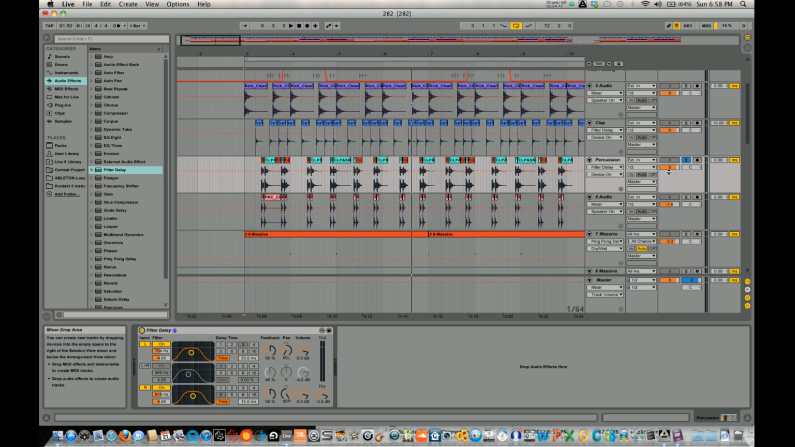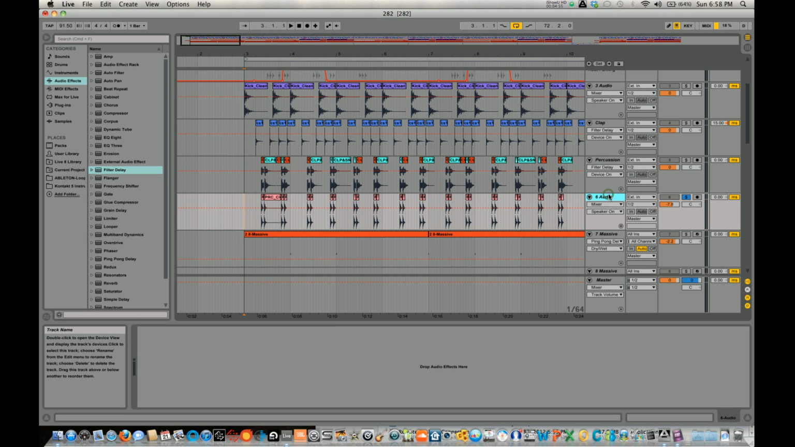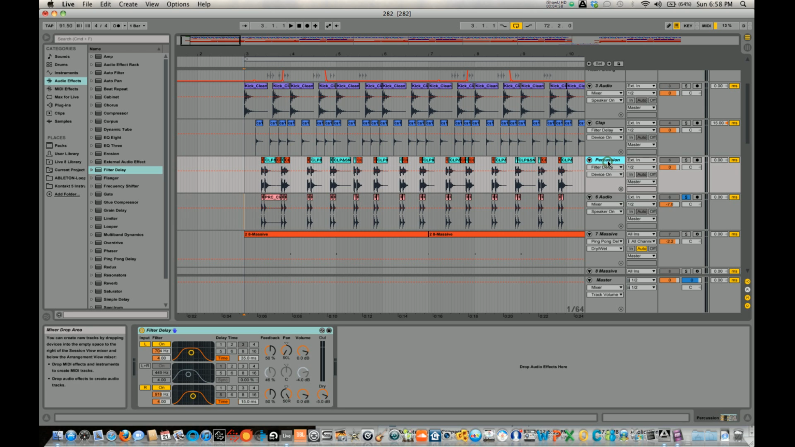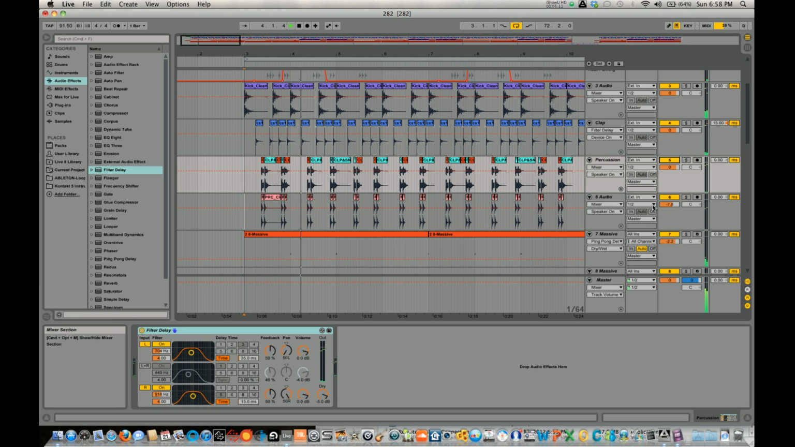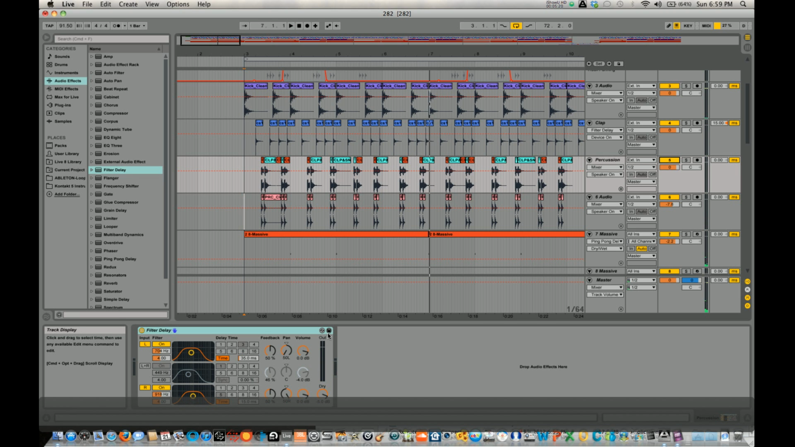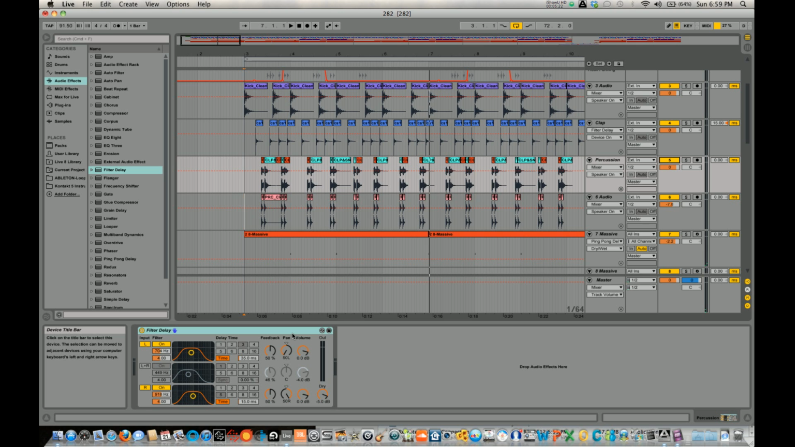Now, how do we deal with the hollowness? On this track, I added a percussion to fill in the hollowness. No plug-in on this percussion. It's going straight up the middle. And if I play these two things together, you'll hear how it sounds. So yeah, that's pretty much how I use the filter delay to make a